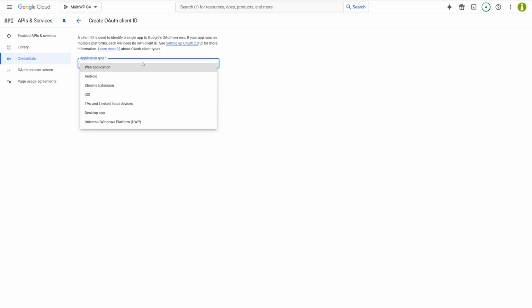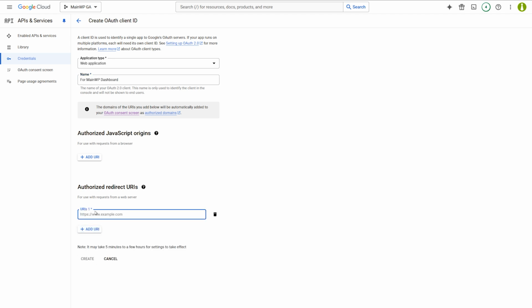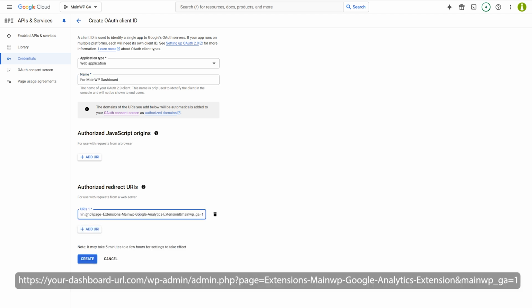Choose Web Application, give it a name, and add your dashboard URL with the specific path to the authorized redirect URIs. You can find this URL in the written documentation linked below. Click Create,